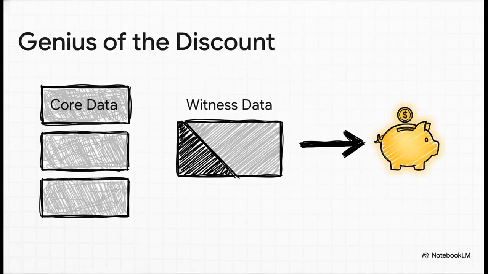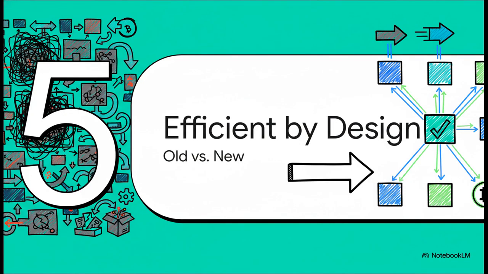So here's the genius of it all boiled down. That witness data, the part that's just the proof you own the coins, gets a whopping 75% discount. And that creates this incredibly powerful economic incentive, right? By making the proof part of the deal so much cheaper, the network is basically telling everyone, hey, build more efficient transactions. It's a really brilliant way to reward good behavior and keep the whole blockchain running smoothly for everybody. So what this all adds up to is a system that isn't just accidentally efficient, it is efficient by design.